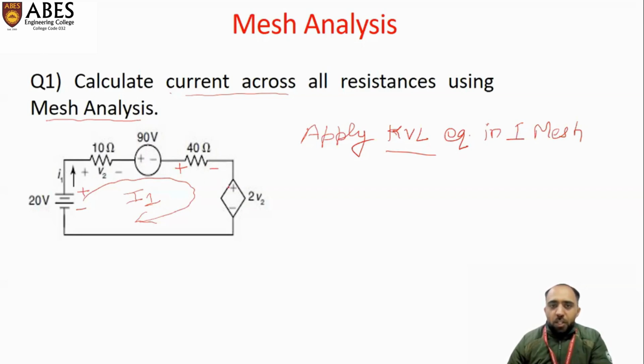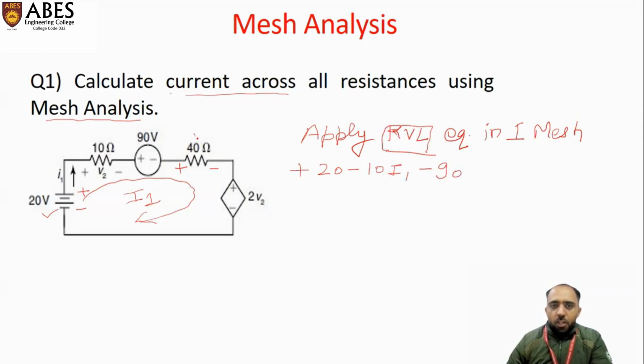High potential to low potential. Again, plus and minus is written over there. So remember one point: when you are applying the KVL, you need to write the plus and minus in order to avoid any type of problem. So plus 20, this one, I covered this, plus 20, after that minus 10 I1, minus 90,